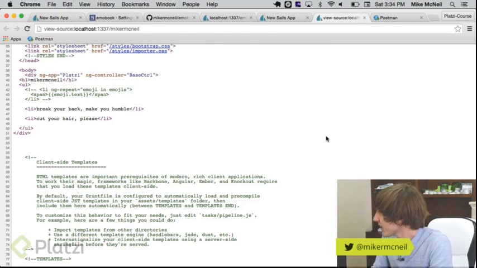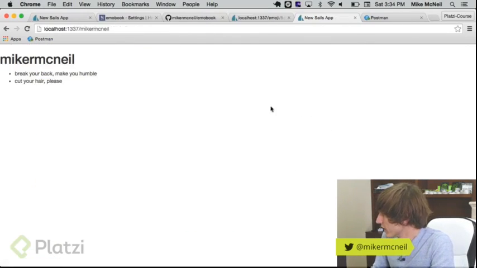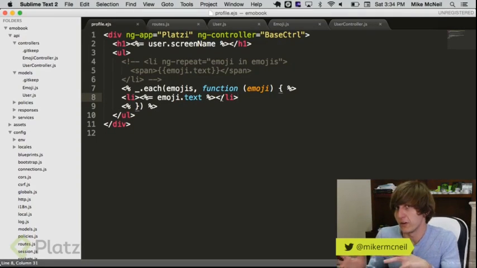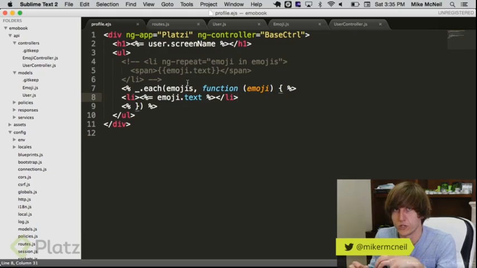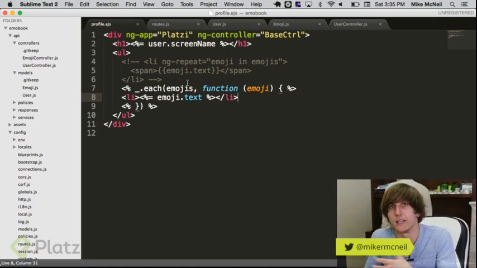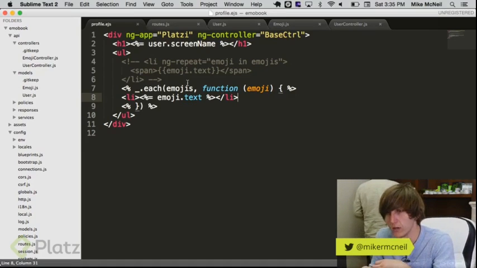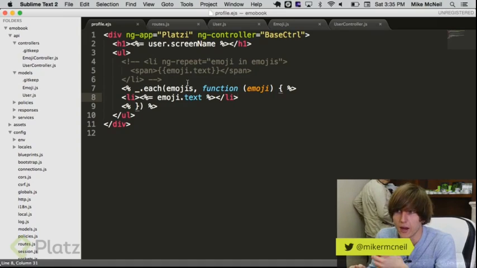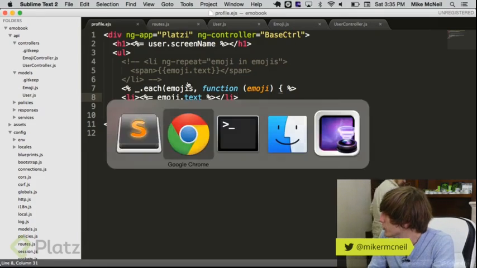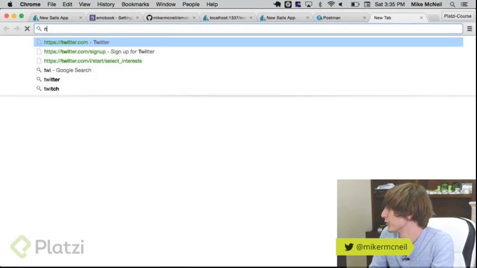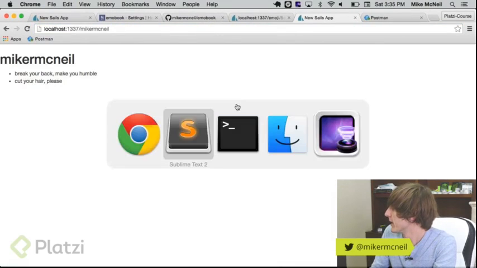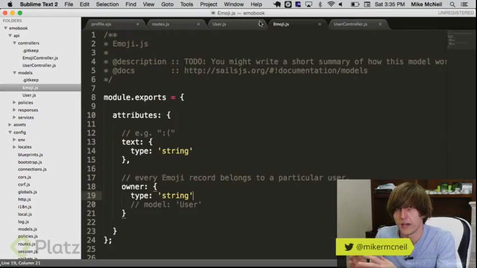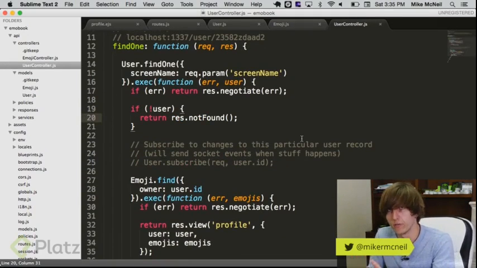Okay. So we've got this thing now. We have an ability to see for every user which emojis they have. We want to take that and associate some kind of identity with it, right? So we need to make it so that you can log in. We're going to use Twitter here. And then you can have advanced control over your emojis. First let's take a step back and ask, what does that even mean? If I want to authenticate with anything, whether it's with Twitter or Facebook or with a password,